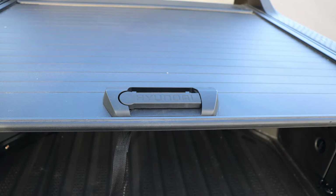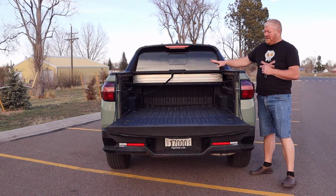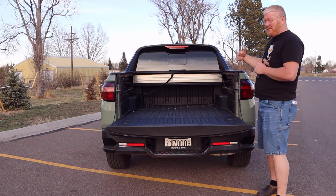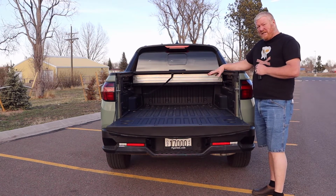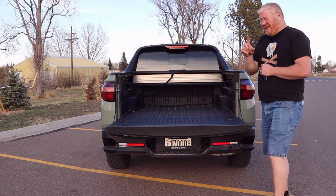But that is a good port. That is a good thing to have if you need some sort of cover, which I would recommend for a bed this small, because most of the time you're going to be putting smaller things. Speaking of which,